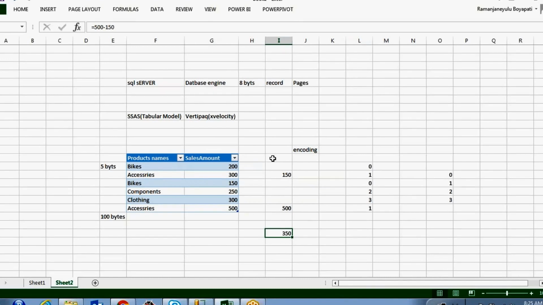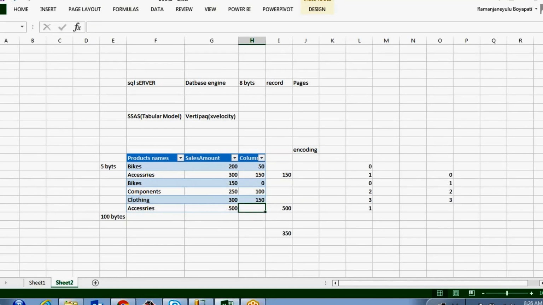Using this 150, it subtracts it from each value. 200 minus 150 gives 50. 300 minus 150 gives 150. 150 minus 150 gives 0. 250 minus 150 gives 100. 300 minus 150 gives 150.